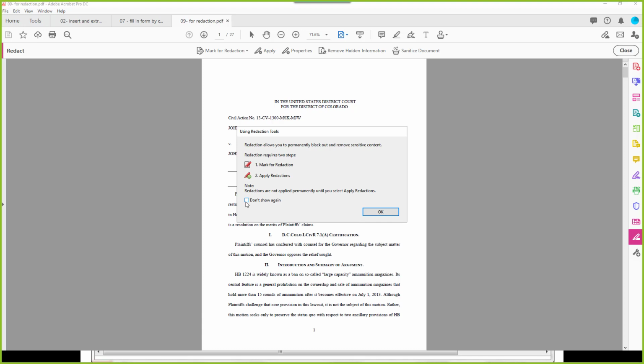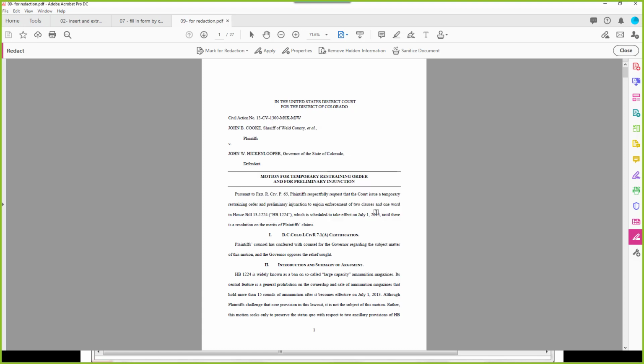Most of these little warnings and pop-ups give you the option to not show again, but I kind of find that it's useful to be reminded of important things, like until I apply it, it's not actually done. I'll click OK. And so if you click on properties,